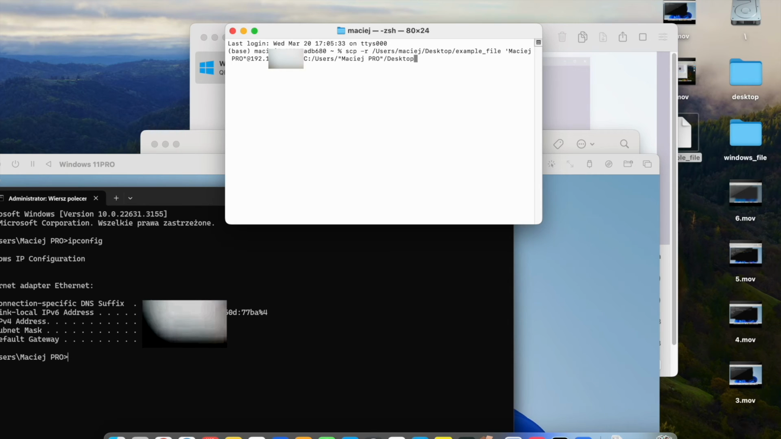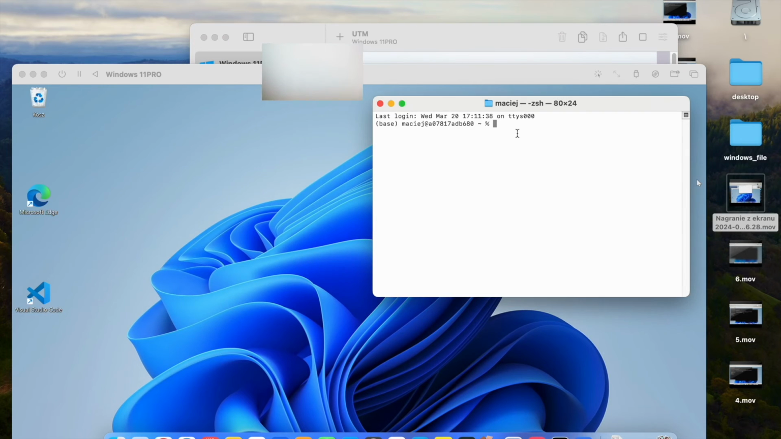Okay, I think everything is correct. Oh, I also have to add the txt format because it's a txt file. Sorry, it was a mistake earlier, because it should be a different name for this file, since I didn't add the extension, and this is the correct way. And when we click enter,